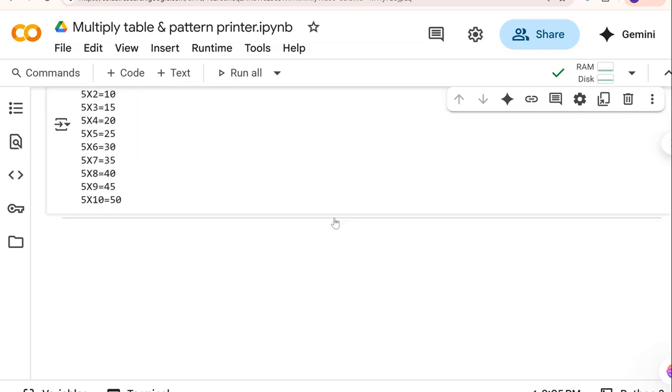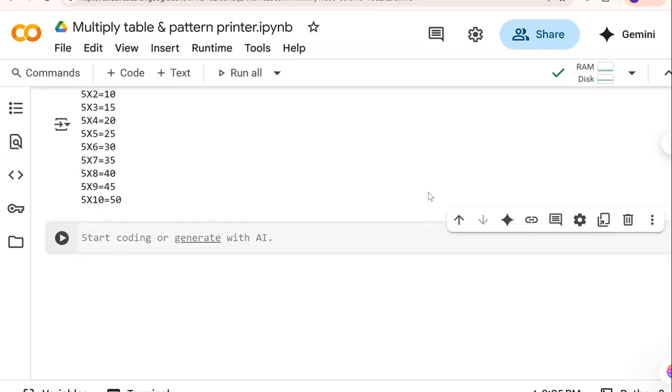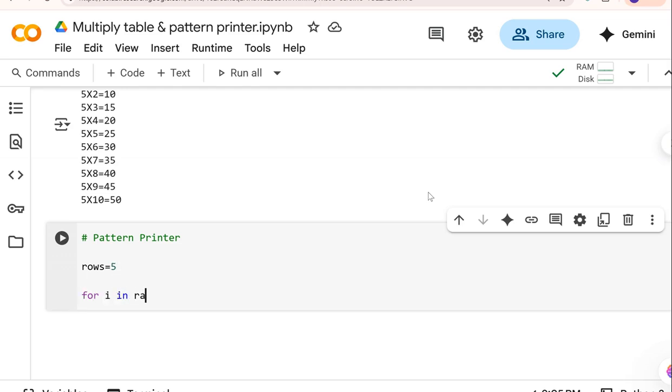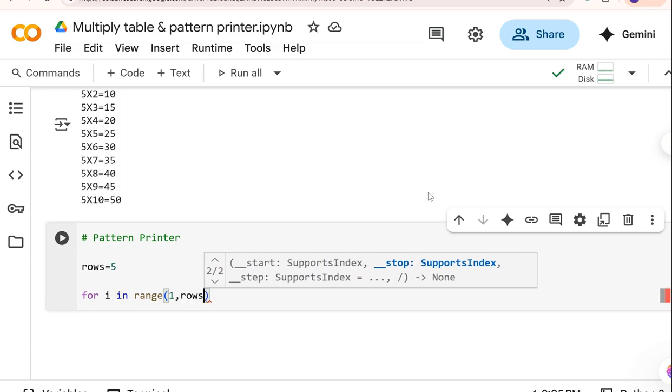And the next one is the pattern printer. So the next one we are going to develop is the pattern printer, which is nothing but a staircase of stars. So I'm going to get the number of rows. I'm initializing the number of rows as 5, and for i in range of 1 to rows plus 1,